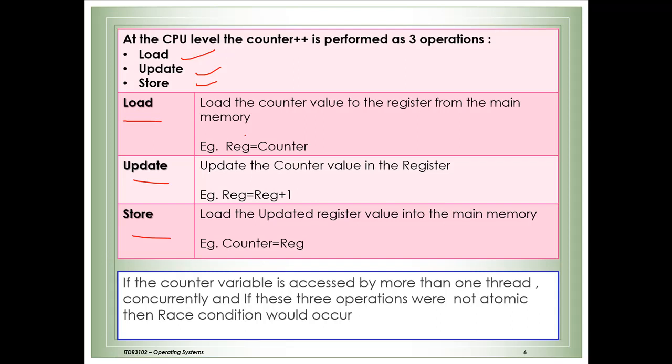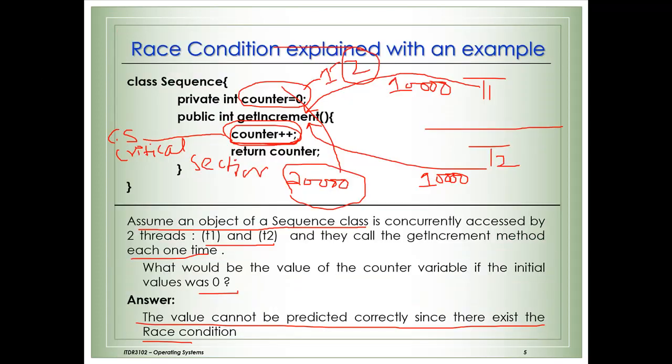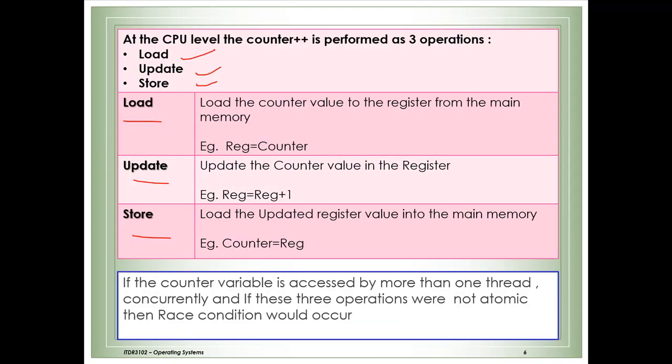So a register is the small storage device near the CPU where values are stored when any arithmetic operation takes place. From the memory, the value is loaded into the register. For example, as far as this example is concerned, counter is equal to 0. So this value 0 for the counter is stored into some register. The register would be holding the counter value. Load means from memory, just load the value into the register.